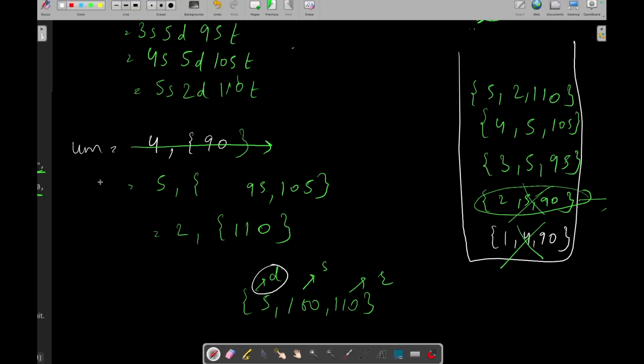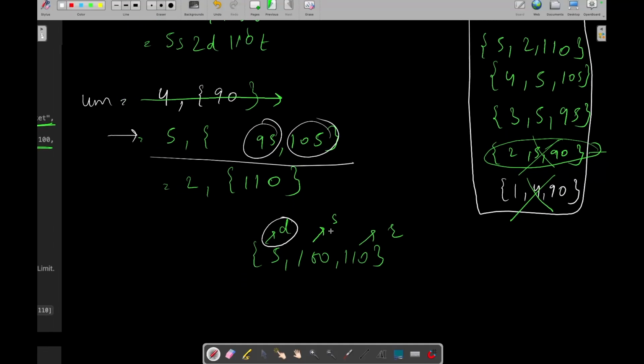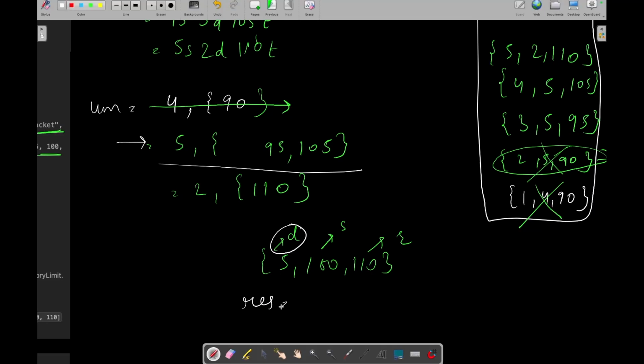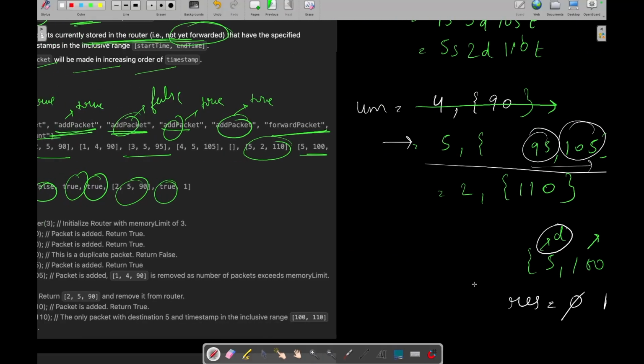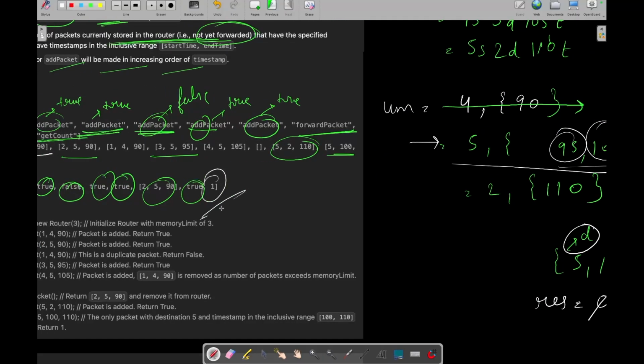So 5 is our destination, so we will iterate on this one and check for each value whether that value is within S and E or not. So we will initialize, let's say, result to count all the packets which are within S and E. So let's check. Is 95 within S and E? No, 95 is less than 100. Is 105 within S and E? Yes, so we will update it. So it will finally return 1. Let's see. See, it is returning 1.